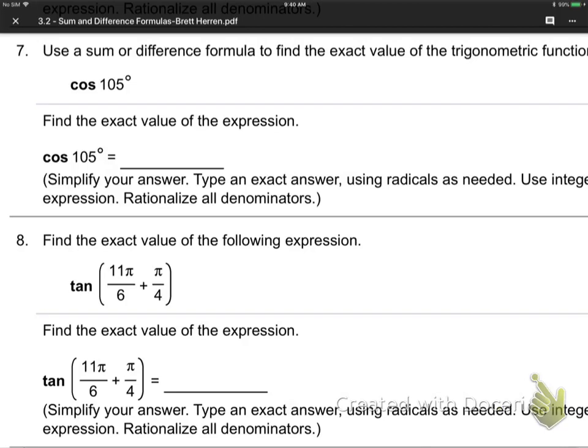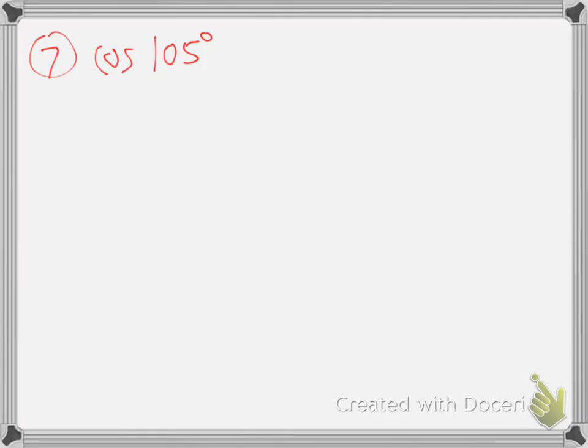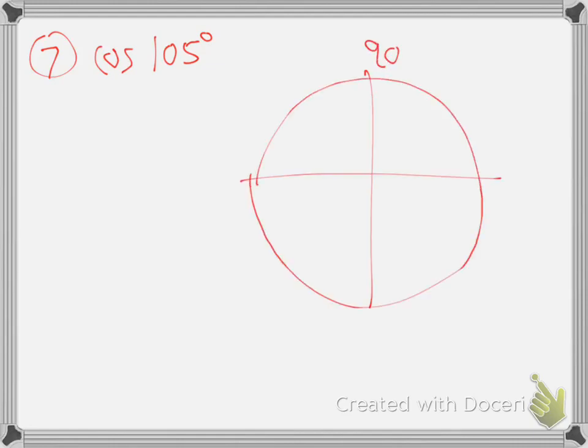Here, let me put the problem up there. There it is. So again, cosine 105, use the sum or difference. Now that one's not, right? Because where is it? Well, this is 90. And this, add 30 more. The next one we know is 120, huh? Add 30. So the 105 is right in the middle of those two. That's not one of our places that we have an exact value for. See the problem? We're going to have to somehow make it out of a combination of two other angles added